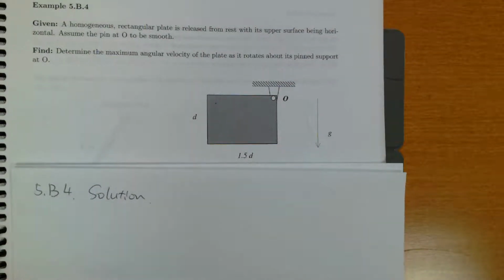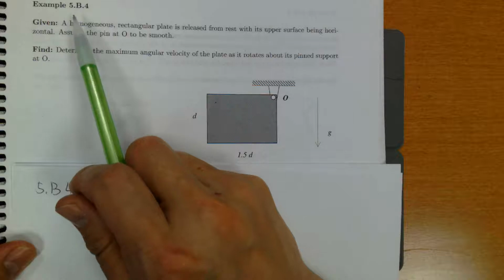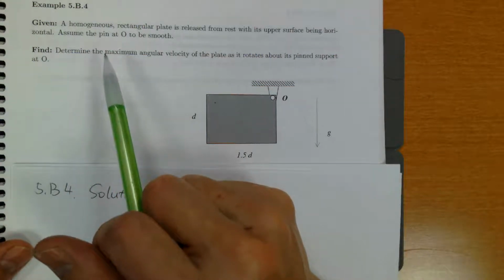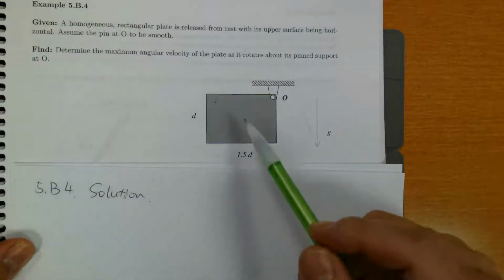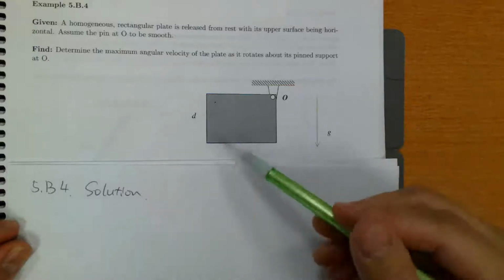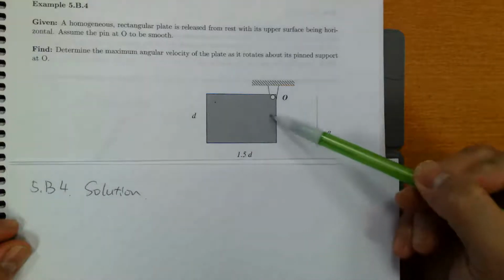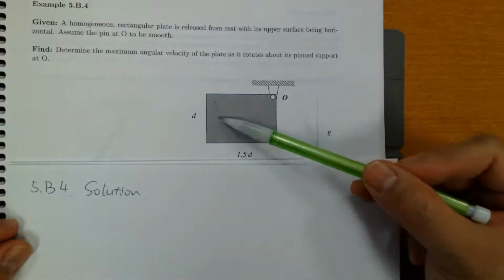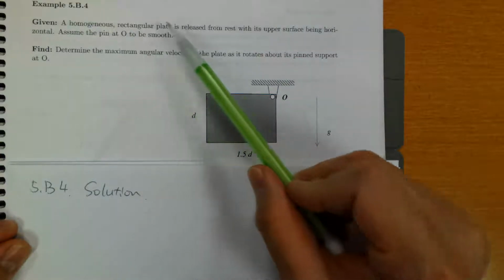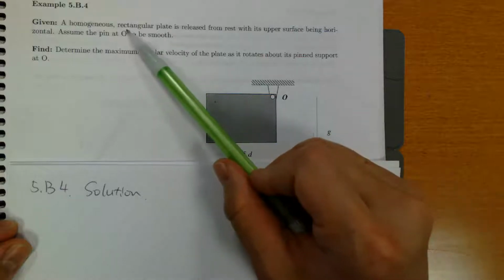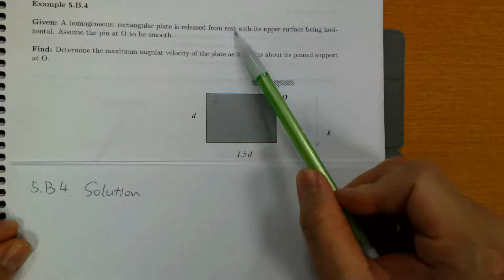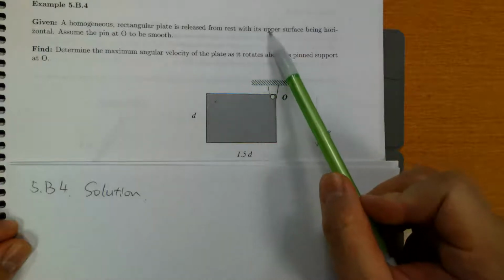Hello guys, so today we're going to look at this example 5b4 and I'm going to use this example to demonstrate how to use the steps we learned in class to solve any work energy equations for a rigid body. So here we have this homogeneous rectangular plate. So what that means is the mass is uniformly distributed. And so we know this rectangular plate is released from rest, that would be a keyword, with its upper surface